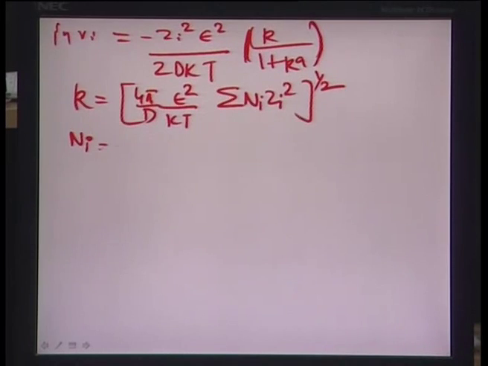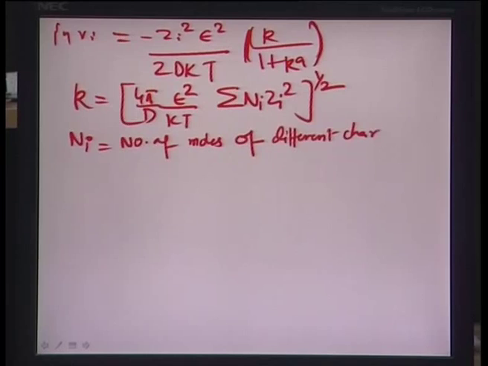Ni is essentially the number of moles of different charges, whether it is positive or negative, different charges. You remember the way we talked about the subscript I in our lectures before, per unit volume